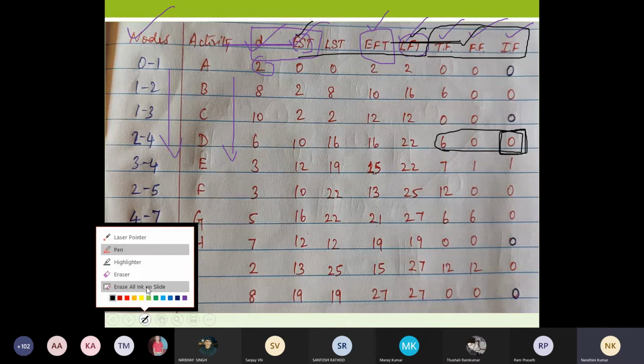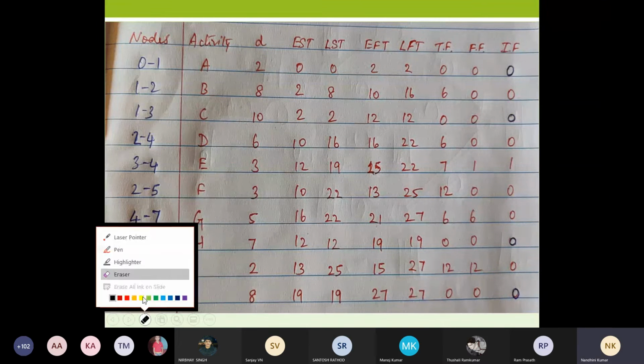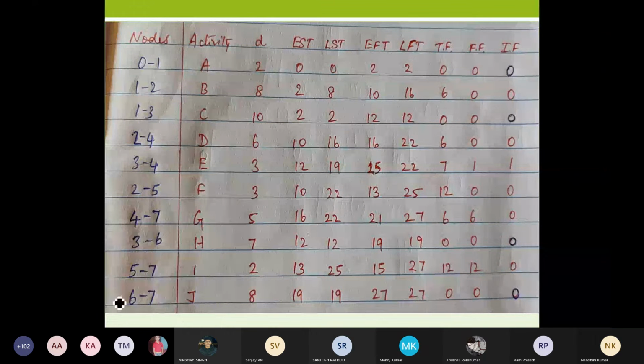For the calculation of critical path, what will help you to calculate the critical path? Anyone? How shall I calculate my critical path? Ma'am, we'll check that earliest completion time and latest completion time, same value. Okay. Using the floats, how can I tell? Those whose total float and free float are 0. Yes, whose total float and free float are 0, that will be my critical path. So when I have a list of 7, 8 or 9 activities here, I choose my zeros.